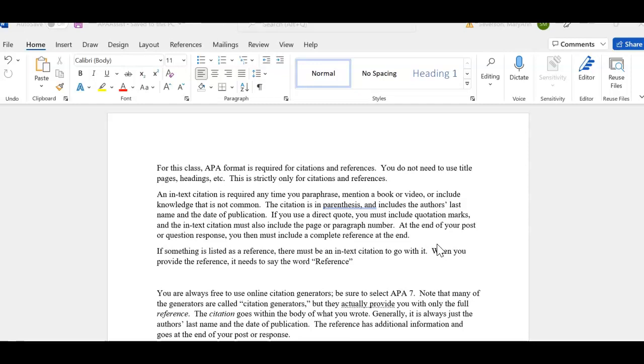Now, if you just look up APA, it's going to show you title pages, headers, specific reference page. That does not apply for this. We're not doing any research papers. The requirement is simply that you provide in-text citations and a complete reference, and that those two components need to be in APA format. So this will apply for your discussions